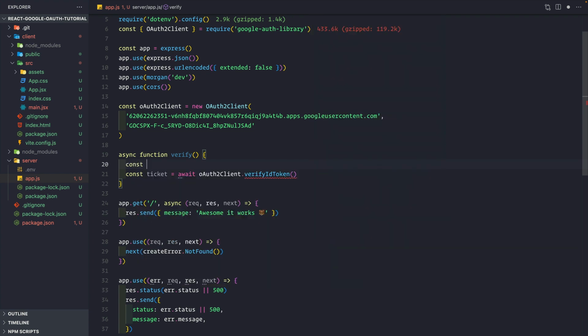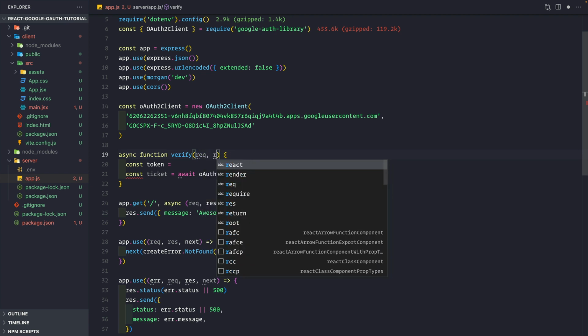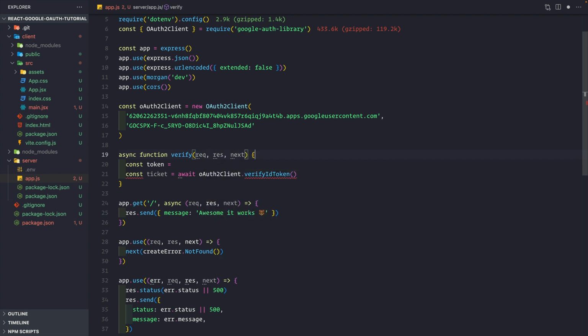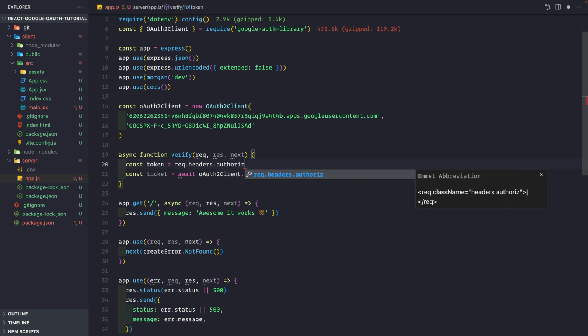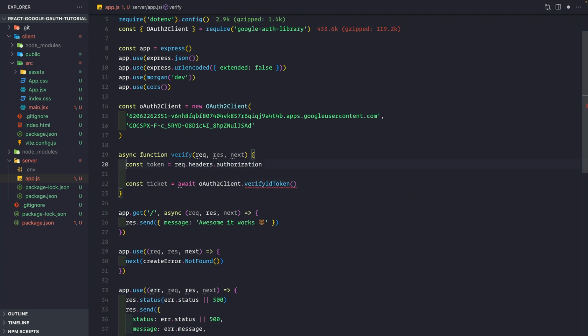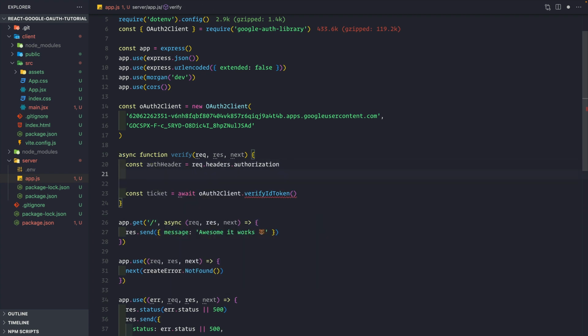So we can say const token equal to, and this verify expects a request, response and next, since it's a middleware. So we can get the request, response and next objects here. So we can say request dot headers dot authorization, and then we can call it auth header. So auth header would be like this, and const token would be equal to auth header dot split,